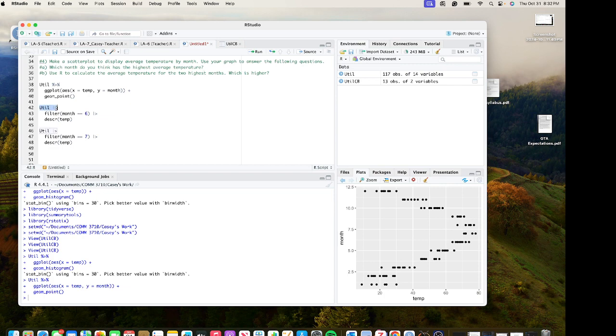So we're going to start with our utility data set, or util. We're going to then run a pipe operator. I opted to use this one, but you can also use this one. We are going to filter for the month to just equal 6, or the month of June, and then we're going to use another pipe operator, and then we're going to ask it to describe the temperature of the month